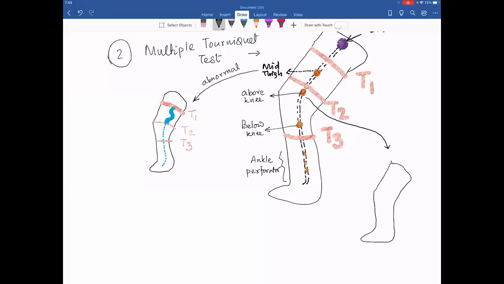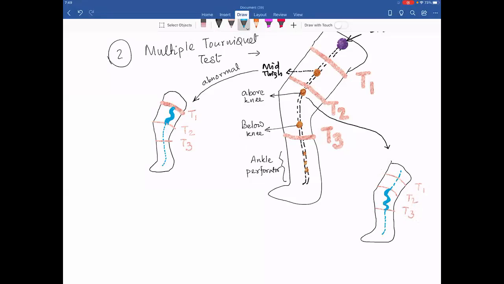Then again come to the T1, T2 story. This is T1, this is T2, and this is T3. That's it. In this case, what is the picture expected to look like? This is the picture that is expected. This area and this area will remain collapsed. Have I made you understand up till this?